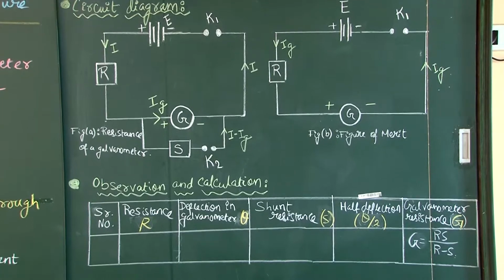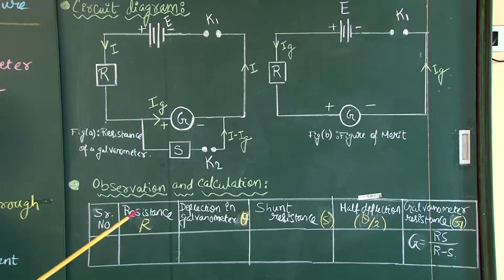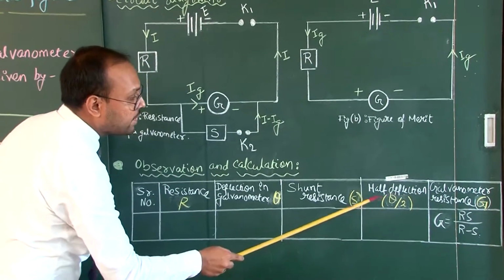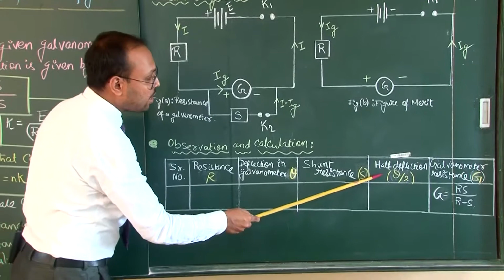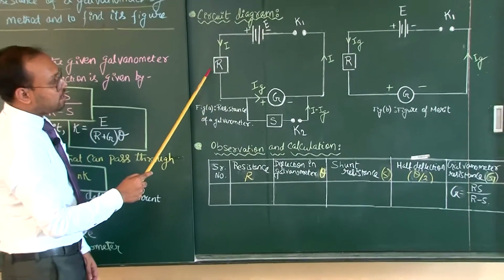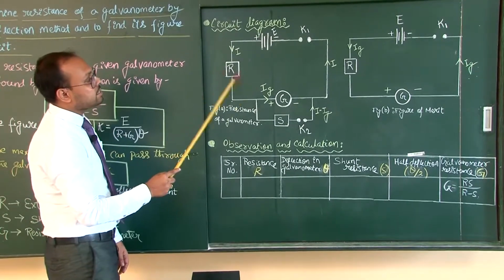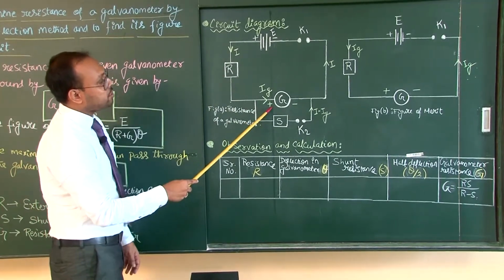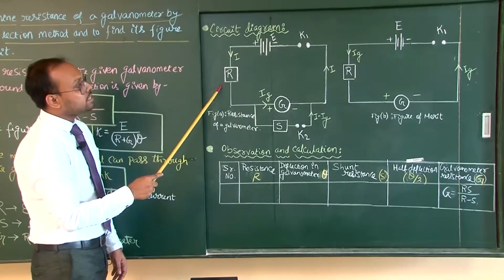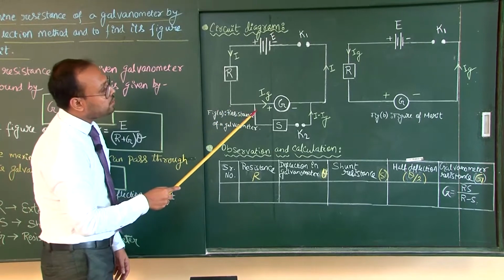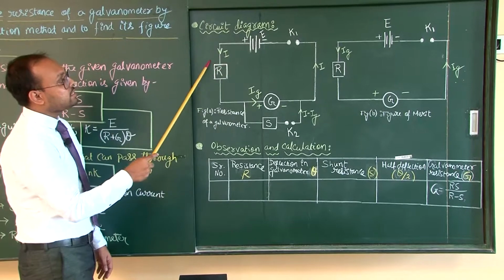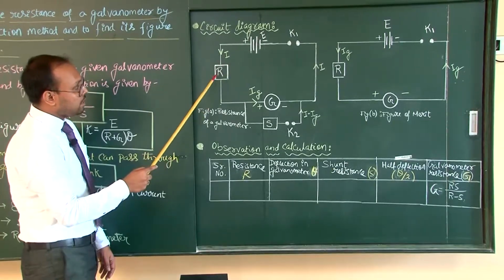Okay, students, now see the table. In this table, we are finding the galvanometer resistance with the help of half deflection. Now, what is this half deflection? Let us come back to the circuit. First of all, you see this load resistance, or high resistance, connected with the galvanometer. The first precaution you have to take here is that this resistance value should be high. If you give a low resistance here, then an excessive amount of current will flow through the galvanometer and the galvanometer will be damaged. So, first of all we give a high resistance on this particular load resistance.